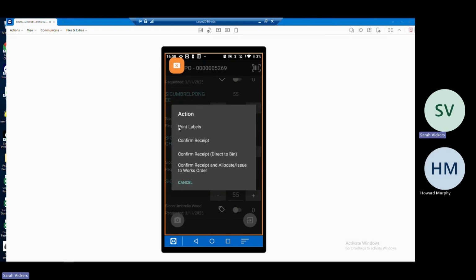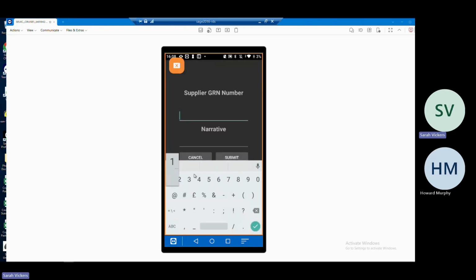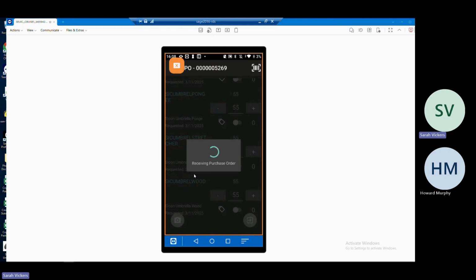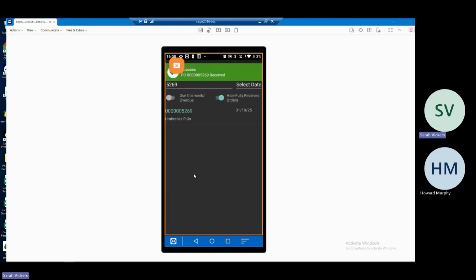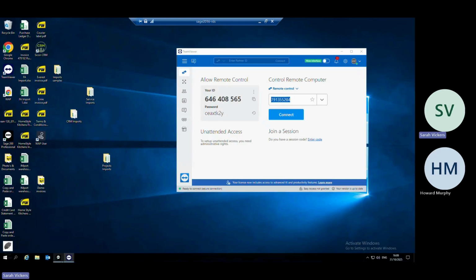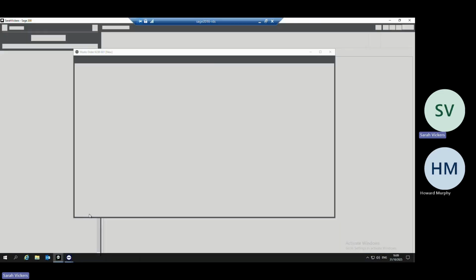So there we go. I can print the label, I can confirm receipt, I can confirm receipt direct to bin, but I can also automatically allocate those items to a works order if they were required for a works order. So if I say confirm receipt, and we'll pop in our usual supplier GRN, confirm receiving purchase order. So as you'll see in a moment, that will be received as a purchase order, and we're just basically booking those items in. So let's come back to the purchase order so you can see that those are now booked